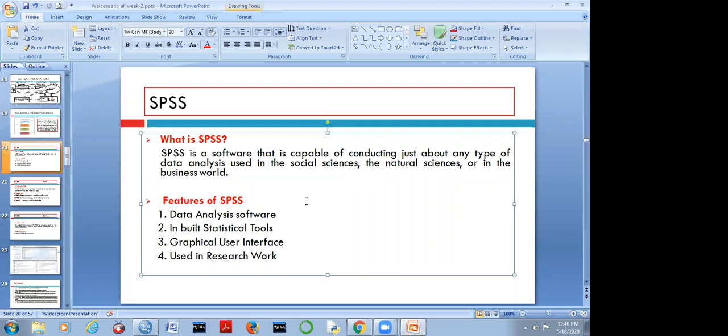ये जो मेरे पास एसपीएसएस है, it is a student version and I got this version, 23rd वर्जन है एसपीएसएस का, through one of my books. I purchased a data analysis book. उसके साथ एक सीडी थी, that was the SPSS student version. तो जितना आपको स्टूडेंट पॉइंट ऑफ व्यू से है, that is sufficient, जितना आपको पढ़ना है, एनालिसिस करना है।